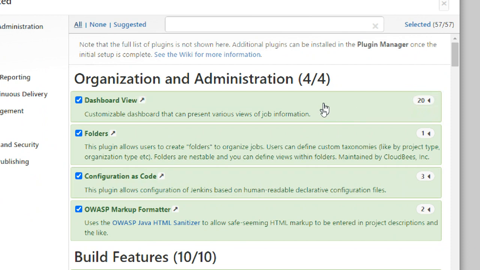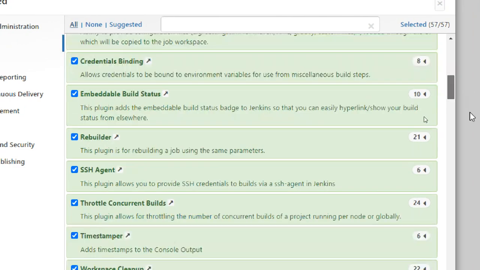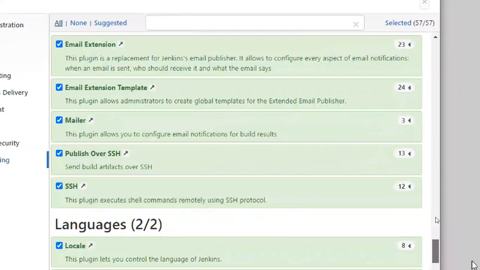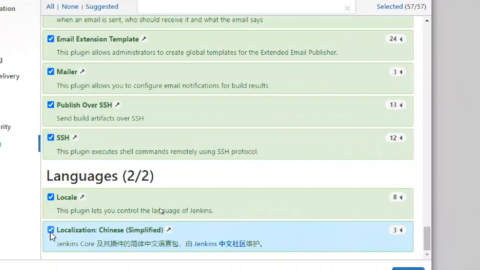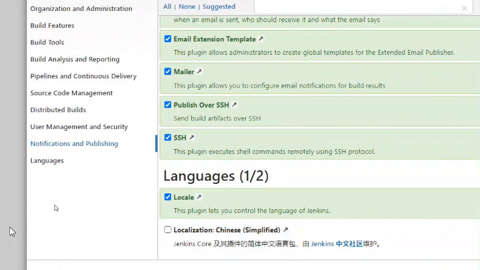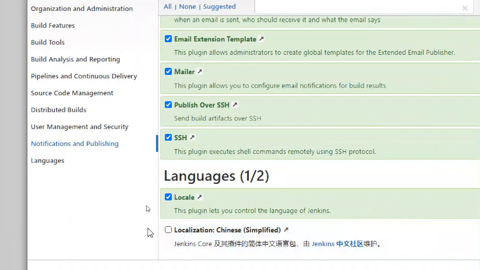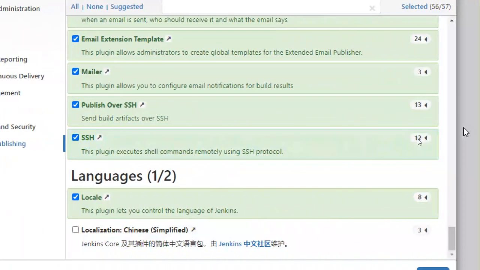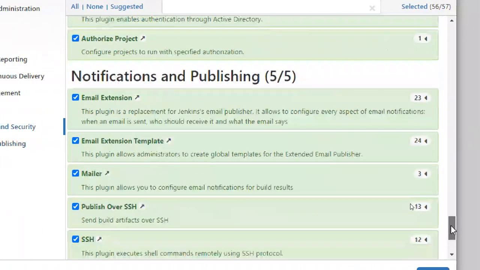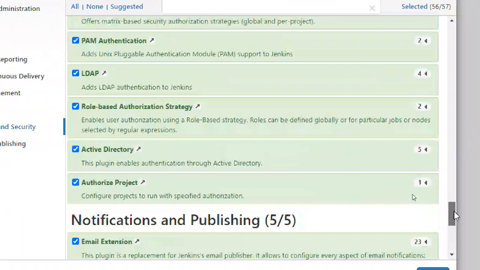No time to discuss each plugin. Just select all, and go to the last. Unselect the last one only. Why unselect the last one? It is Chinese. We don't need a Chinese one.